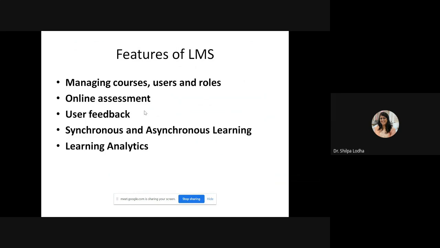And you can include several type of questions there, like one line answer, multiple choice answer, drag and drop order, then essay type questions, true or false, yes or no, fill in the gaps, agreement scale, offline task. Several assessment types are there which you can use in your learning management system. Then the third feature is user feedback, because